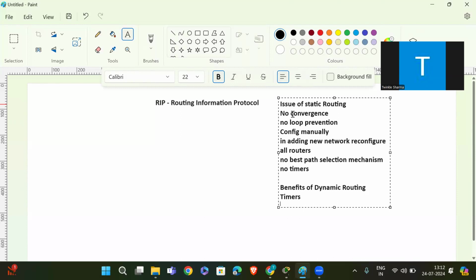Second, always define only the networks. Then few configurations. Then we have authentication.